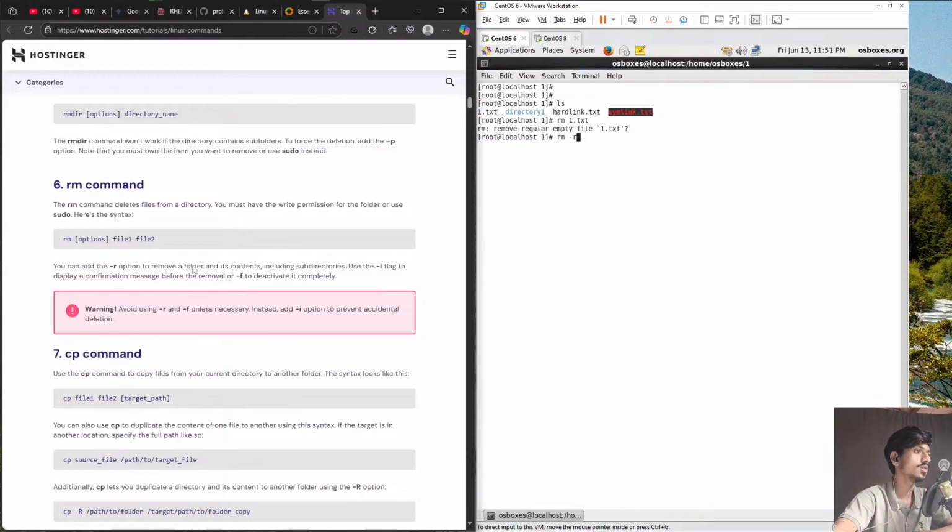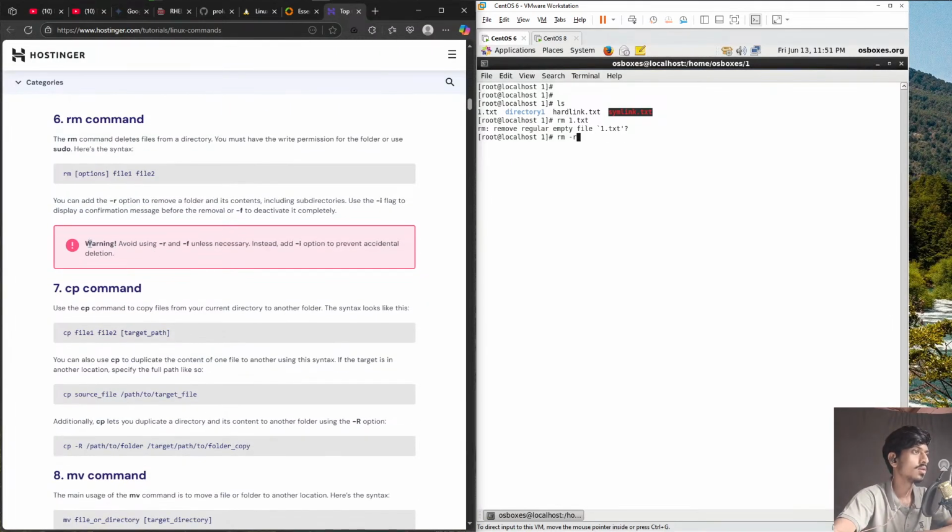So let's do it. There is a warning. It says avoid using dash R and dash F unless necessary. Instead, add the dash I option to prevent accidental deletion. Okay, so you can use dash R,